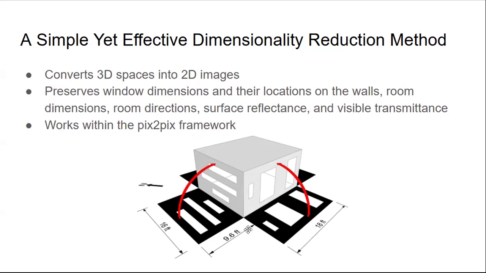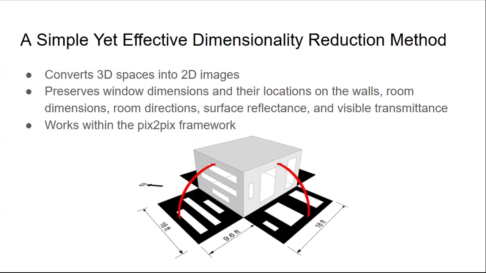As you can see here, the 2D image retains key information about the room, including window dimensions and their locations on the wall, room dimensions, room directions, right? This is facing the north here. It also retains surface reflectancy and even the visible transmittancy of the glass. For example, white walls represent high reflectancy, while black walls represent low reflectancy. The simple encoding process allows us to retain key information needed for accurate daylight predictions while using a 2D format